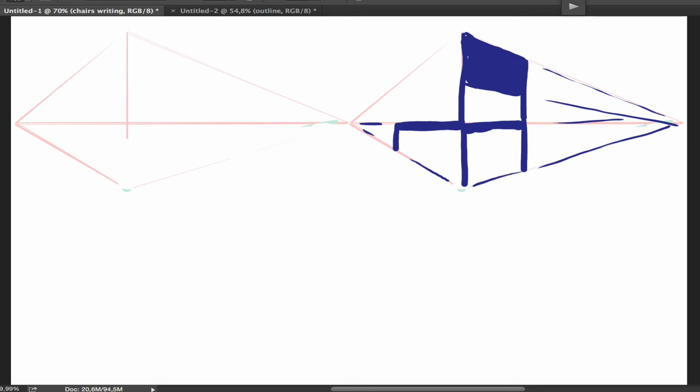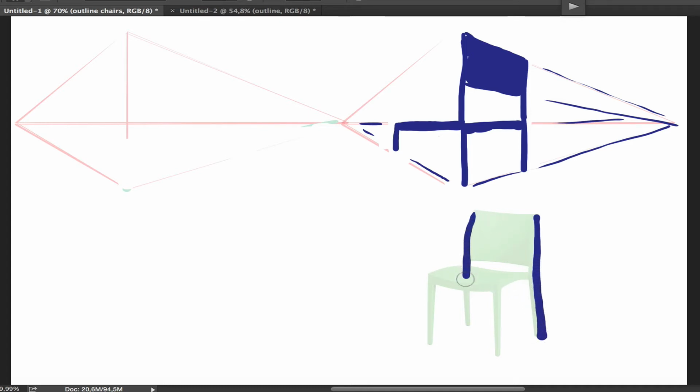And so one has to adapt, and from a cartoonist's point of view, it's better to just find yourself a reference and work from it. You're never going to look at a chair from the kind of 45-degree angle so that one of the legs is completely obscured by the one in front. You're just not going to do that because it looks odd. So it's better to find yourself a reference which works for what you're doing,